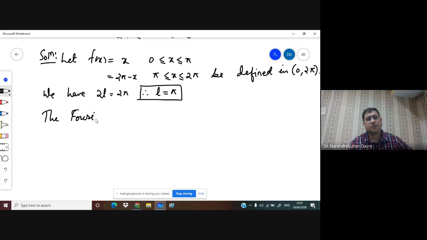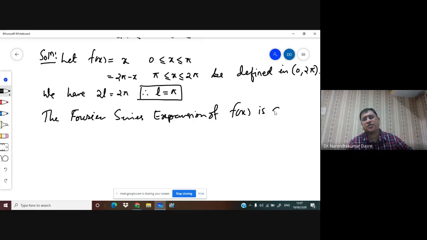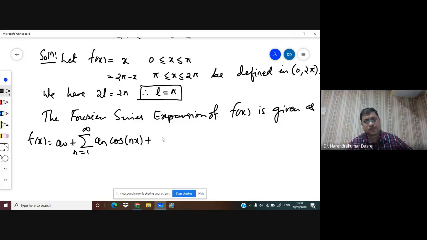The Fourier series expansion of f of x is given as: f of x is equal to a0 plus summation n running from 1 to infinity an cos of nx plus summation n running from 1 to infinity bn sine of nx. That is equation 1,